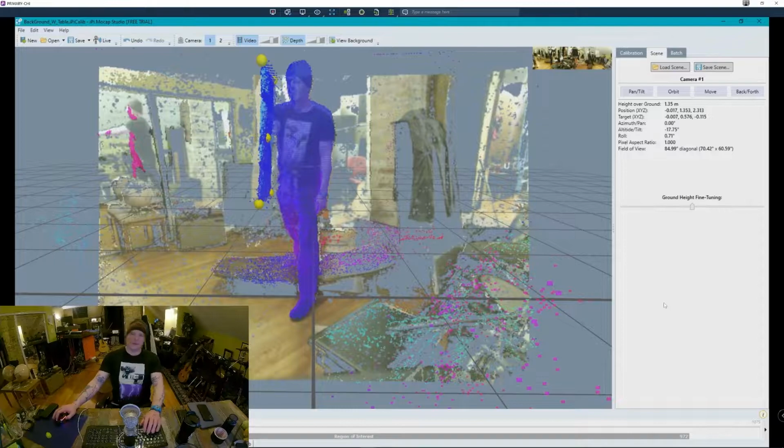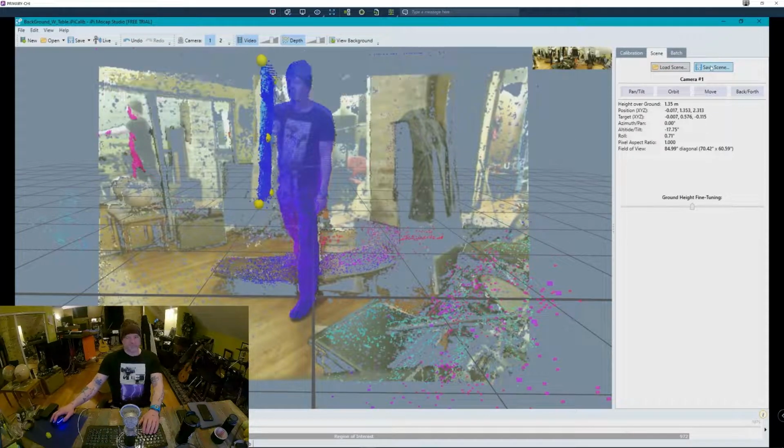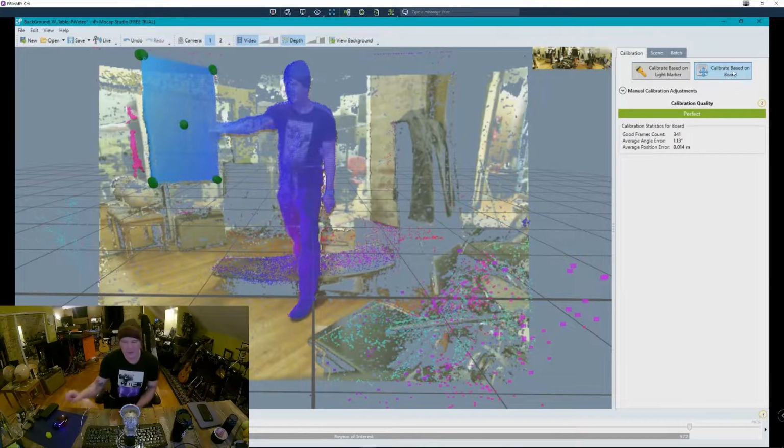So the one missing thing, maybe I'll edit it in so you guys can see it in sequence. You don't just save this file. You go to Scene, and then you go to Save Scene, and then save your calibration file as such. So now, and you know, I didn't cut off that end, which probably totally threw off the track, which goes to show you that